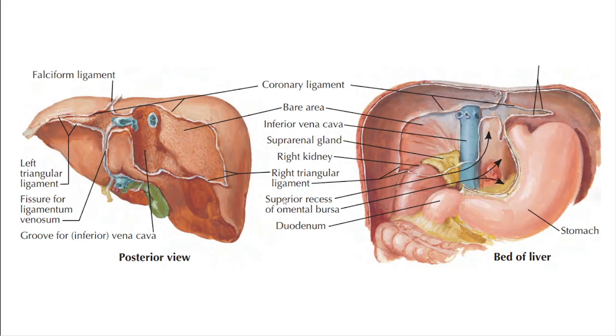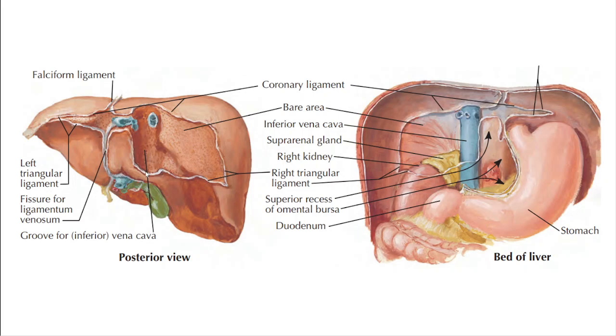First of all, have a look at the posterior surface of the liver. Now, if this is a posterior view of the liver, this is the upper layer of the coronary ligament. Now, this area where the upper and lower layers of the right coronary ligament meet is called the right triangular ligament. Now, if we start tracing from the falciform ligament, this is the right layer of falciform ligament. We see that it is continuous with the upper layer of the right coronary ligament. Upper layer of right coronary is continuous with the lower layer of the right coronary at the level of the right triangular ligament.